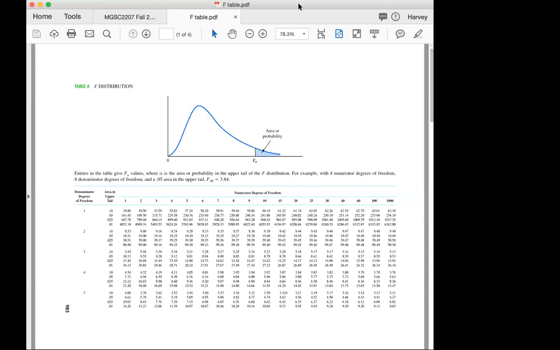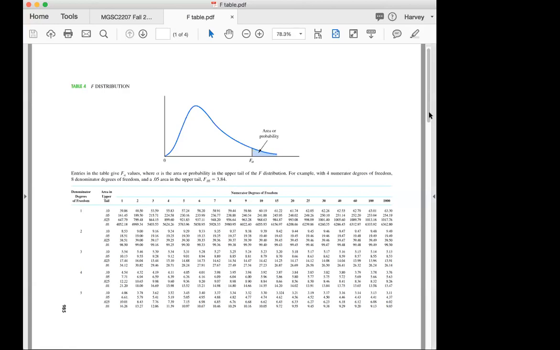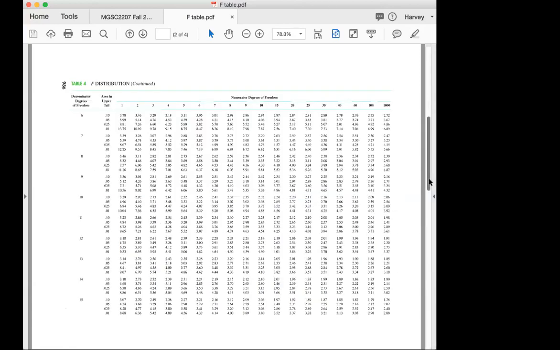Let's see if I can find 12. So 2, 12. If we go 2, 12, I am down here. But remember, the area in the tail, our alpha value, is 5%. So this is 5% right here. And so 3.89 is what we're looking at as our critical value. When the area in the tail is 5% and the degrees of freedom is 2, 12, 3.89 is our critical